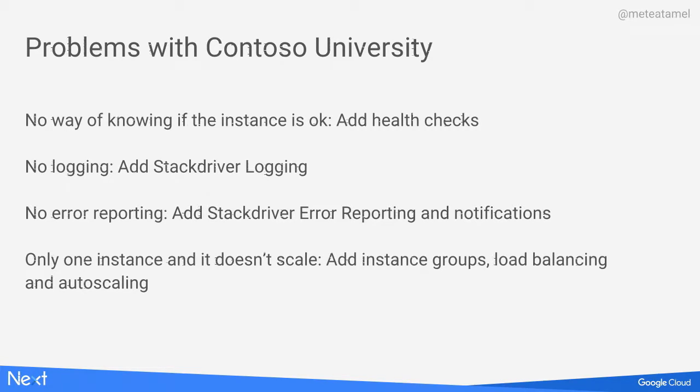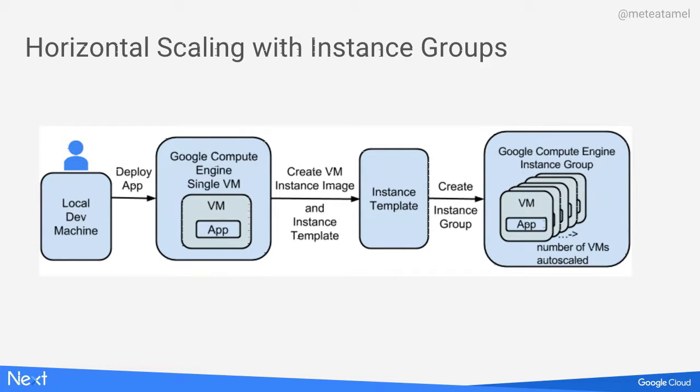So just to talk about the scaling in Google Cloud, this is what we had initially. I had my application running locally. Then I pushed it to a single VM running in Google Cloud. From that point on, you can take that VM and create a snapshot out of it. It's called an instance image. This is kind of like the snapshot of your application. And then from the image, you create an instance template. A template is like a blueprint for your application. It's a blueprint of how you can create the same app on a different VM.